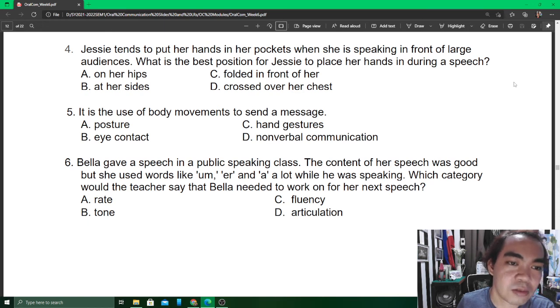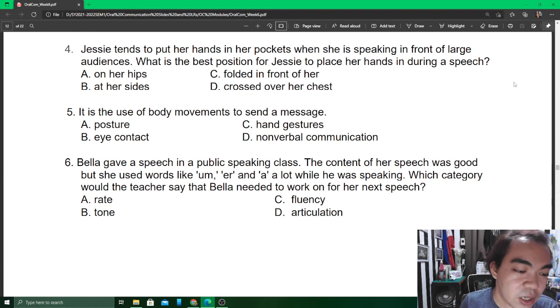However, kung manotice na itong kung involved, di kita katama sa atong ginahambal, na without our expectation, without our knowing, nagahulat kita now to express what we would like to say. Number 5, it is the use of body movements to send a message. Body movement. Okay? Which of these 4 will be considered as body movement? Non-verbal communication.